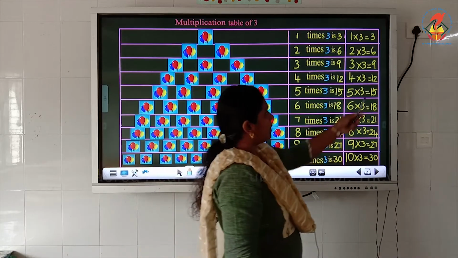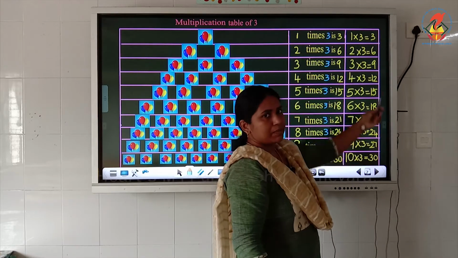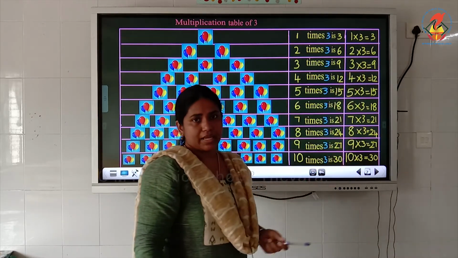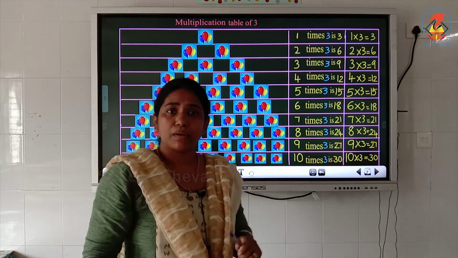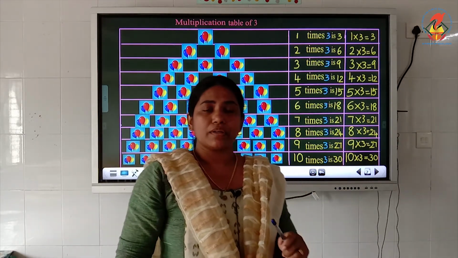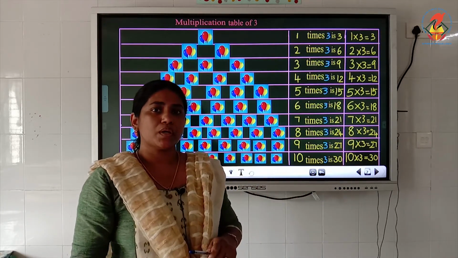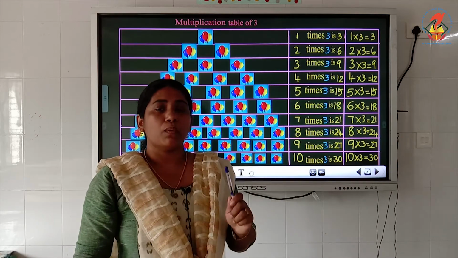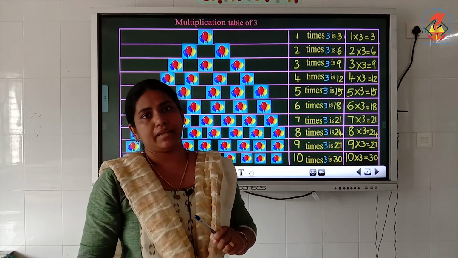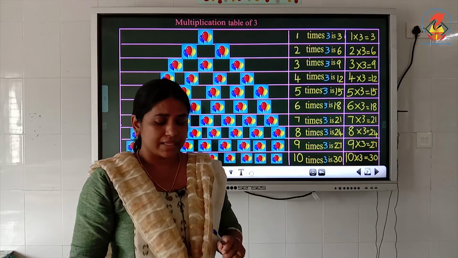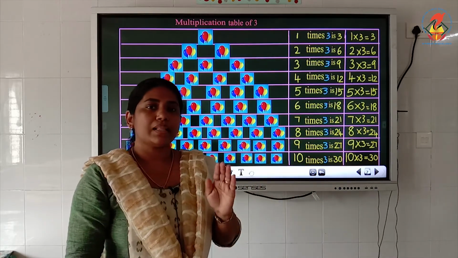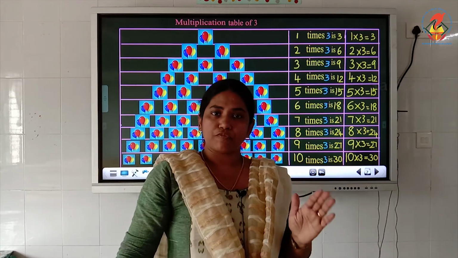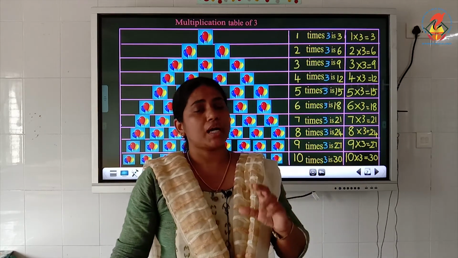So children, you have to study the multiplication table of 3. And in the last class, you studied the multiplication table of 2. Is it, children? And did you revise that table today also? You have to study all the tables every day. Okay, children, for that I will tell you one thing. You have to write and keep all these tables on a piece of paper or a piece of chart paper.